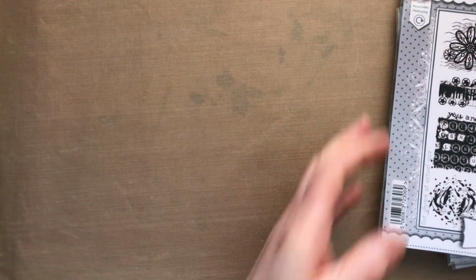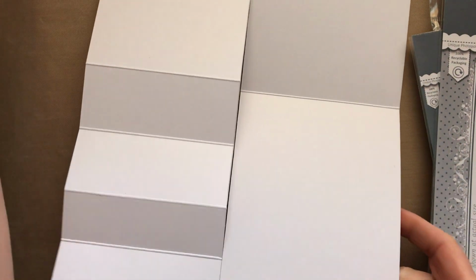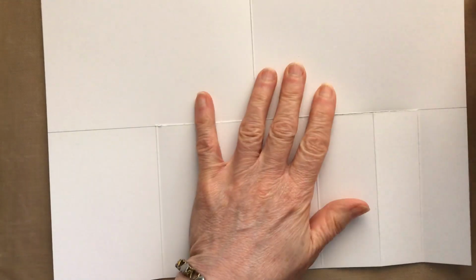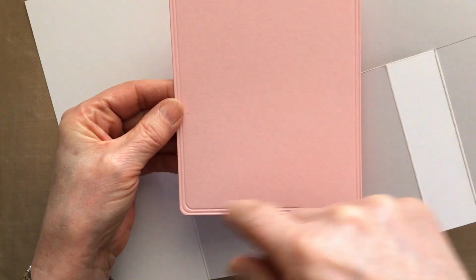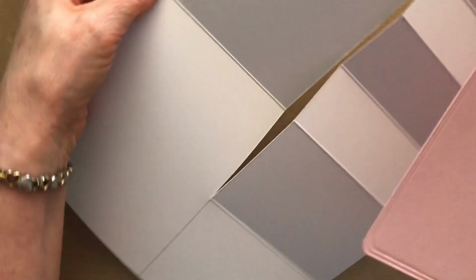Okie dokie. So starting with my actual base card. I've taken a piece of the pure white card and I've trimmed it so that it's just 28 centimetres long. And then I decided what size I wanted my topper to be, which I've cut from a rounded corner double debossed rectangle. And so what you need to do is